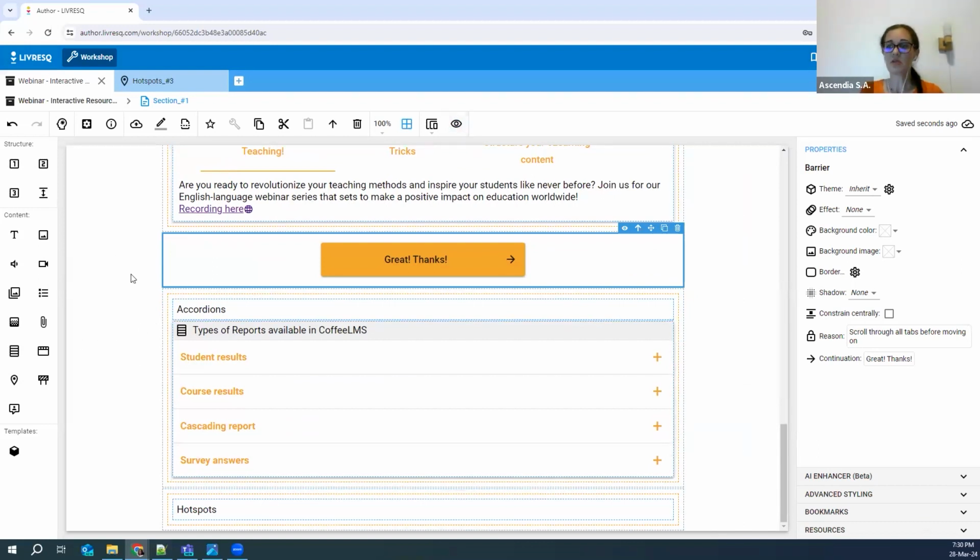The last of the interactive resources that I planned on discussing today are the hotspots. Obviously, you are familiar with them. Like I said, they help educators augment static images, diagrams, graphics, with interactive elements that prompt learner engagement and interaction. So by strategically placing hotspots within visual content, educators can draw learners' attention to specific areas of